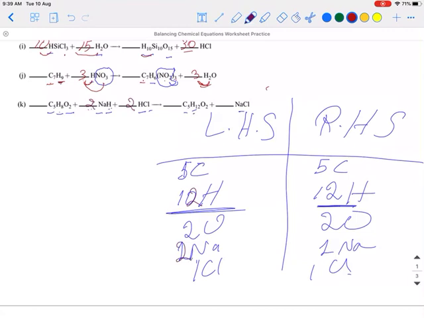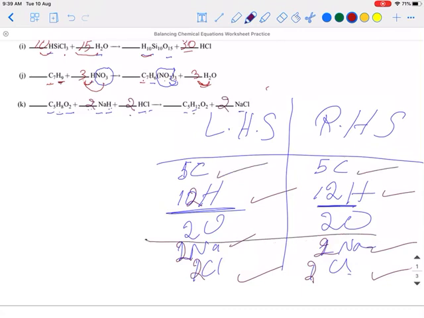But I disturbed the other. I disturbed the sodium. Now it's 2 sodium. So this should also be 2. 2 sodium, 2 sodium. Now let us check for the chlorine. 2 chlorine on the left hand side, 2 chlorine. Okay, so now chlorine is fine. Carbon is fine. Still I am left with oxygen. Now on the right hand side we have 2 oxygen, and also on the left hand side 2 oxygen, and the equation